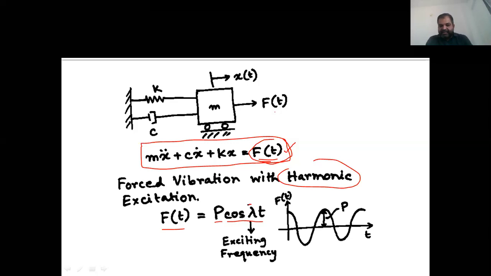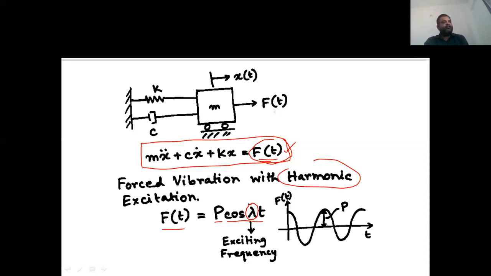Now what is lambda here? This lambda is one more frequency. Up till now we have seen three frequencies in the case of free vibration. First is omega, which we said is the natural frequency of vibration. Second, we have seen omega d, which is for underdamped free vibration. Then third, omega d cap, which is for overdamped free vibration. And now this is the fourth one. I am saying this is lambda, which is called the exciting frequency, or we may say it is the operating frequency. Now, what do you mean by operating frequency?